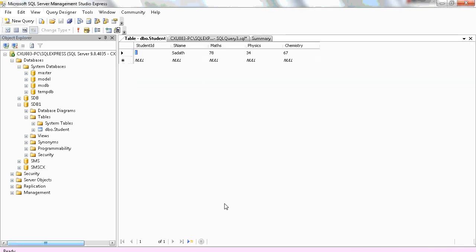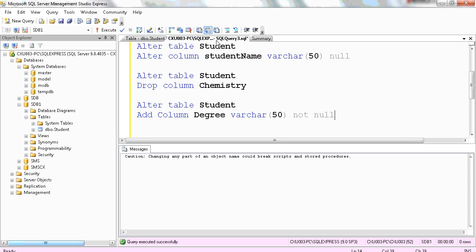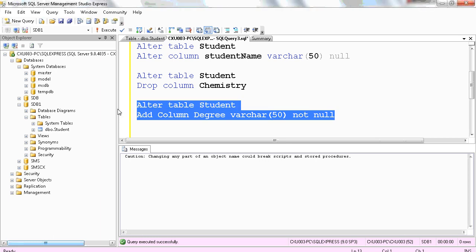So can I add a new column called degree here? If I add a new column called degree here and I say not null, it will add a column, but for this row the value will be null. So it is not possible like that. So there should not be any information, and then you can add a not null column. Let me try to add, I'll show it to you. See, programming is all about thinking about odd scenarios. Trying to do all the good scenarios is not programming. You should know special cases where it will fail. So I'll say execute. It says,